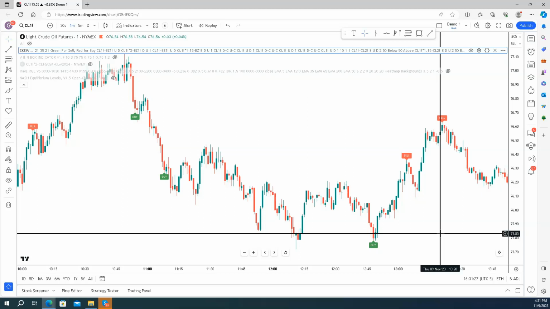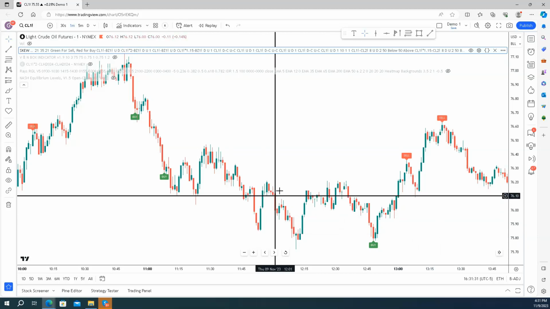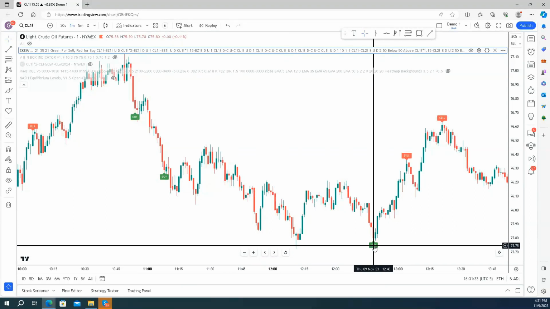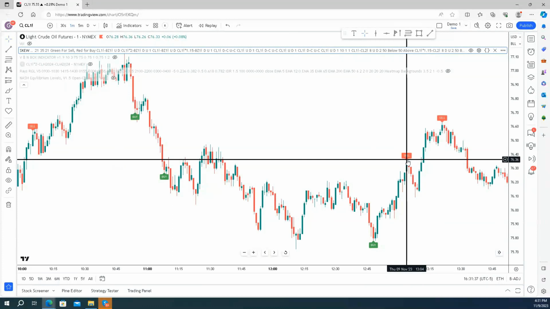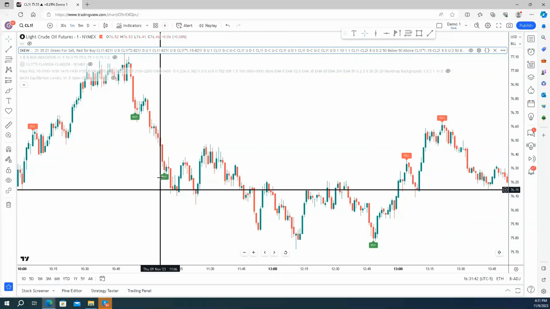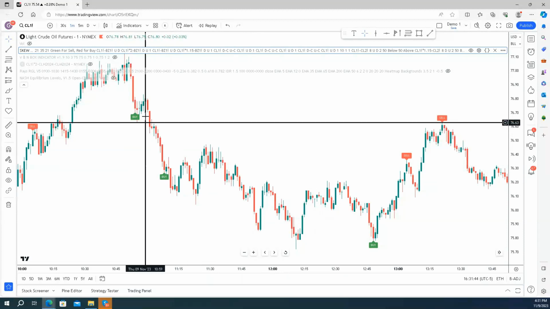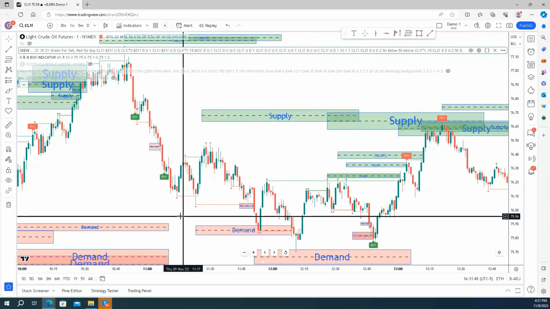But it's been working fairly well. And as you can see, sometimes you do get runs where you get some bad signals, but it will bottom tick the market. It will top tick the market. And sometimes, when you get them in between, you're still going to get out with a +1 most of the time. Maybe this one here wasn't so good, but the thing is, if you put other things,